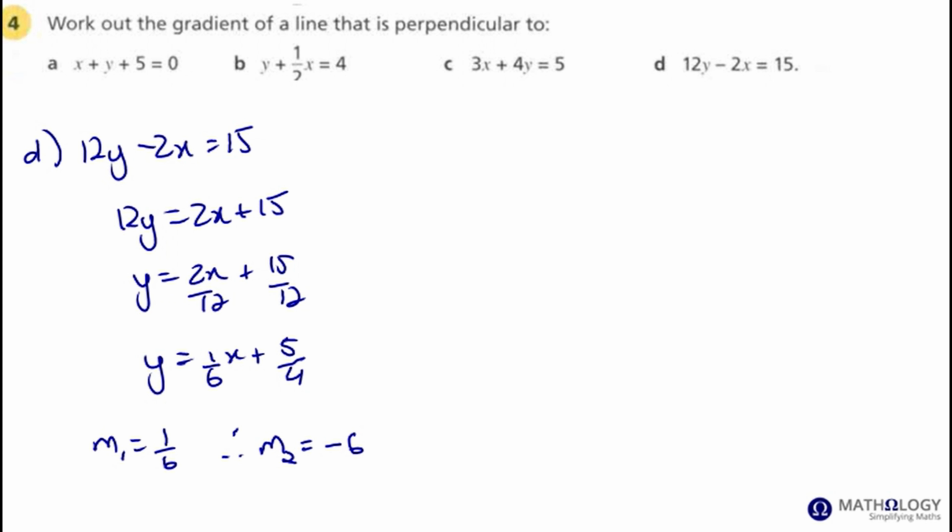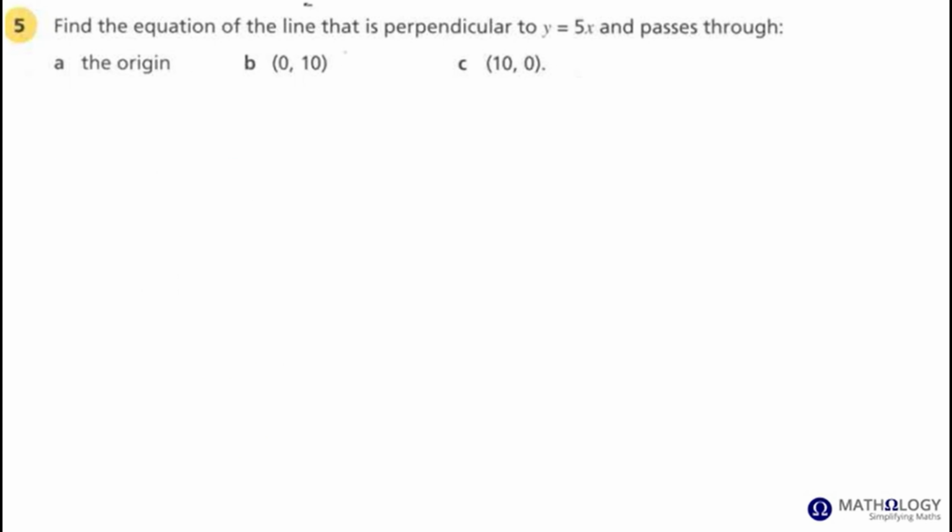Question 5. Find the equation of the line that's perpendicular to y equals 5x and passes through each of these 3 points. Okay, the origin is the point 0, 0. The equation of the line that we have is y equals 5x. We'll call this line 1. We want the equation of a line perpendicular to line 1 and it passes through the origin. So line 2,